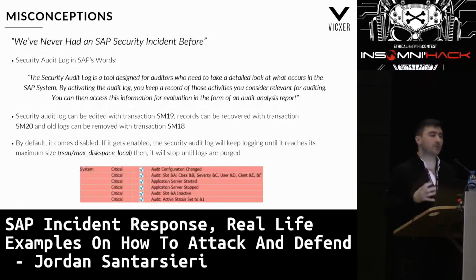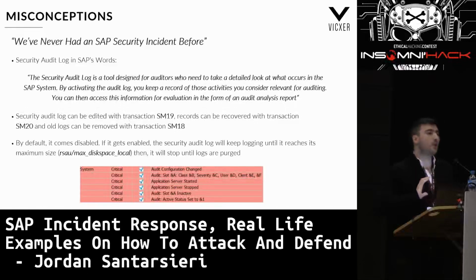When you do a serious forensic analysis, in most cases, you won't be using SM20, and we're going to see later why. And finally, you have the SM18, where it will allow you to delete logs. That sounds sketchy, right? Why would I like to delete those logs? Well, let me tell you that in